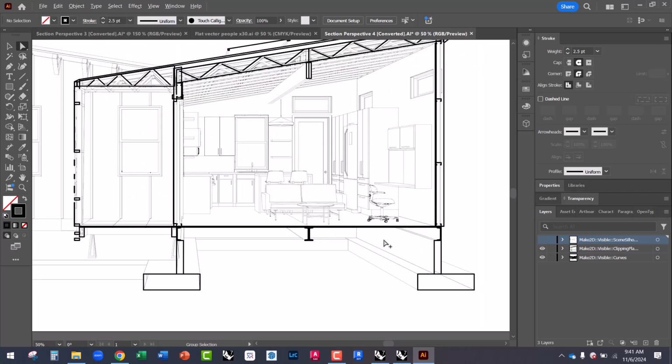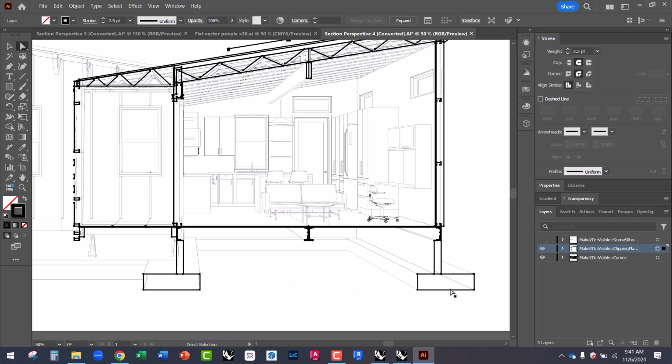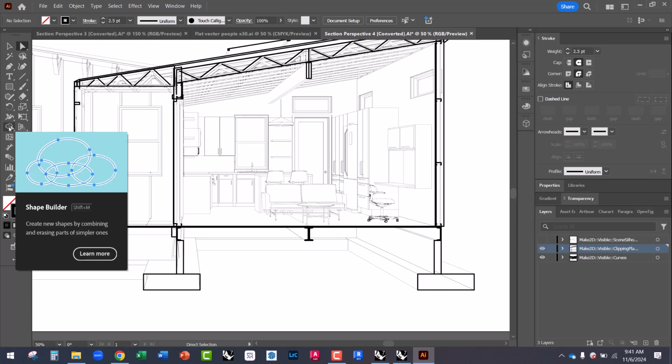So again, I'm going to select everything on that layer, and I can go to Object, Live Paint. This is going to allow us to selectively fill with color each of these regions. It's going to read all of the line work and give me regions that I can fill. That is under this Shape Builder tool. If you hold down Shape Builder, you'll see Live Paint Bucket. And if we give this a fill color,